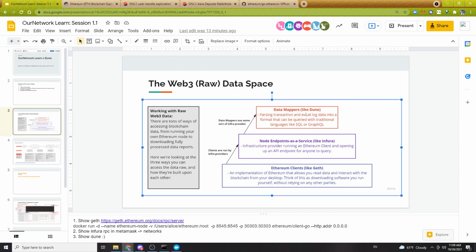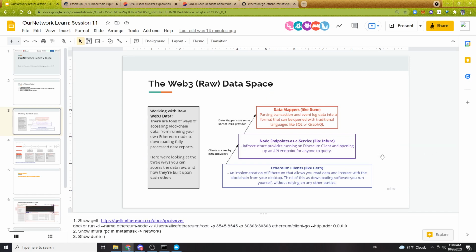So we're going to be working with data from here, but I think it's helpful for people to understand the hierarchy of where that data came from, right? And if this doesn't really make sense, then that's okay. But I found it helpful, and I've gotten a few questions on what do I use to get the data, right? And I call this raw data because on all three of these levels, you're accessing